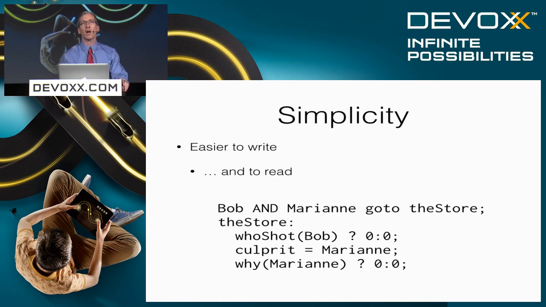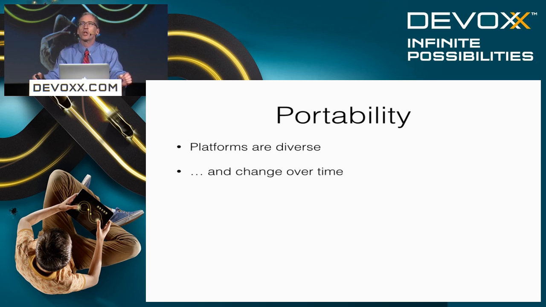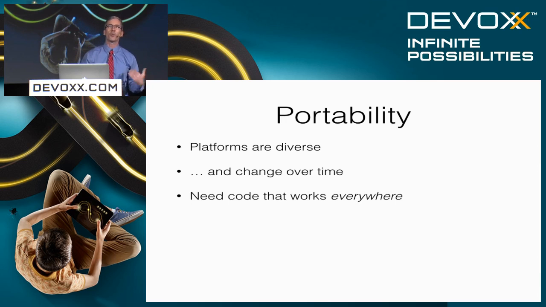This code, again, required a custom system and runtime, resulted in a fantastic contract that went on until the company went out of business. You want your code to be portable and maintainable for several reasons. There's diverse platforms in the world today, and these are changing over time. Other types of platforms, other form factors are coming online, and you want to be able to write code that works everywhere eventually, right? You don't want to rewrite that same custom logic in new platforms and new languages, and you want to be able to port it and move it across different systems as much as possible.